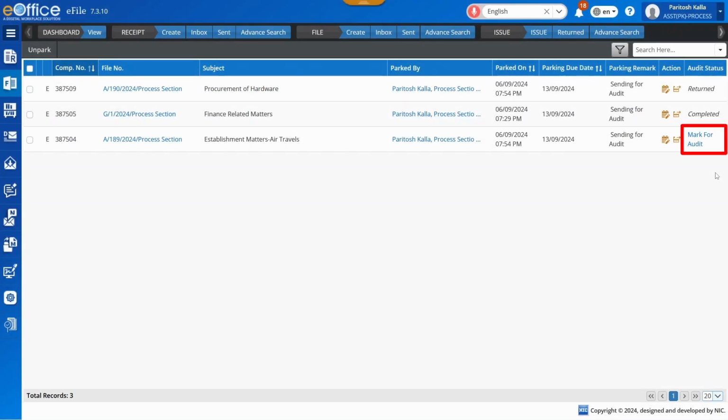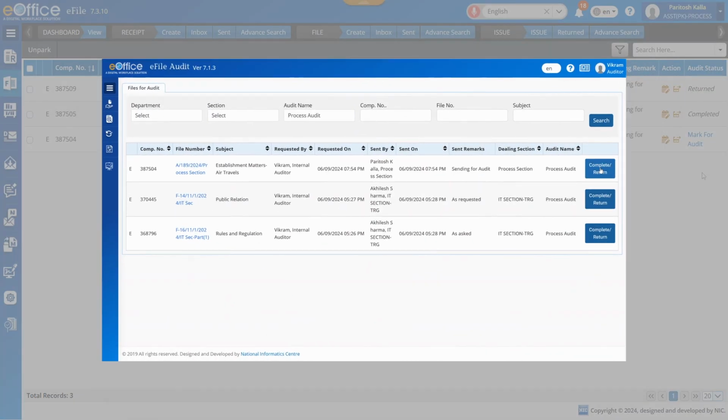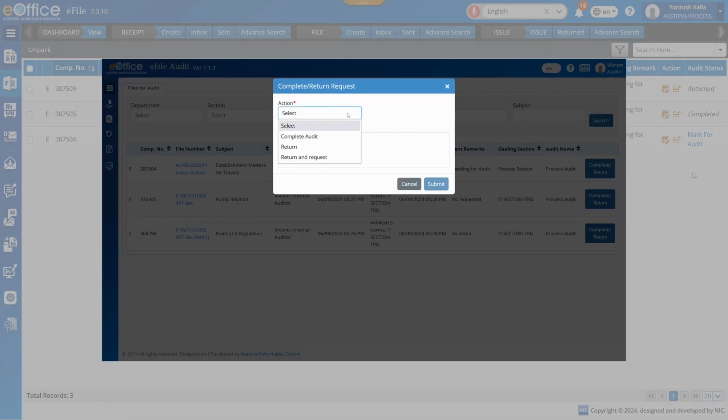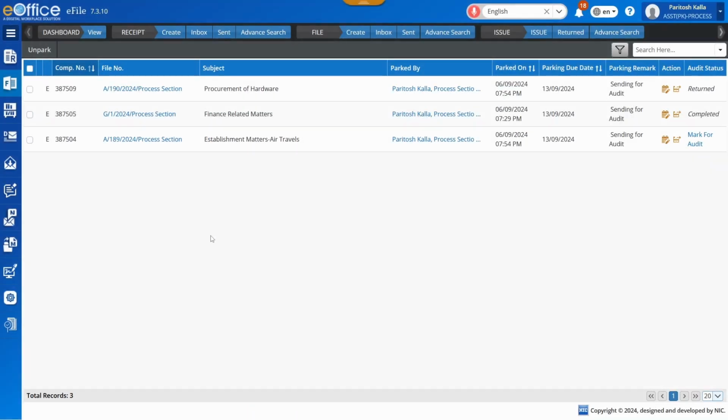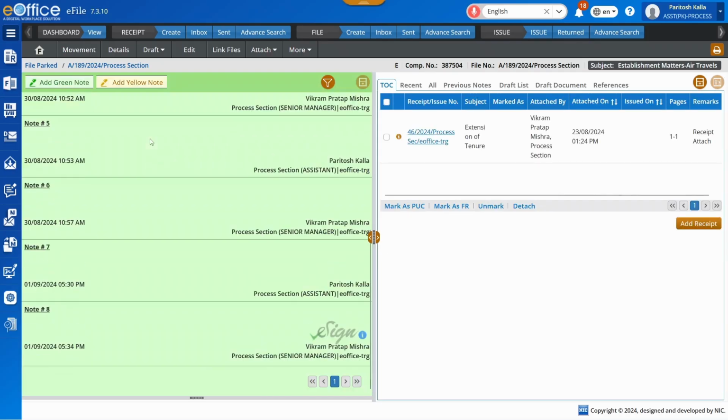If the audit status for a file under audit is updated to Mark for Audit again, it suggests that maybe some additional information is required in the submitted file for auditing. Another scenario for this is when a user urgently needs the file for processing and has requested its return from the auditor mid-audit. In response, the auditor has the option to return the file and subsequently request it again for audit. Users can refer to the requested remarks to understand the additional information requested or any other comment put by the auditor while